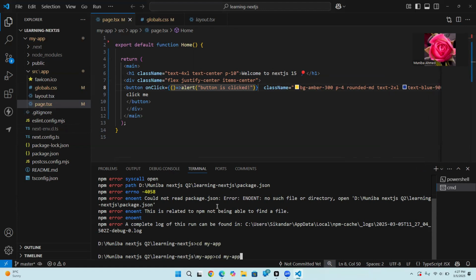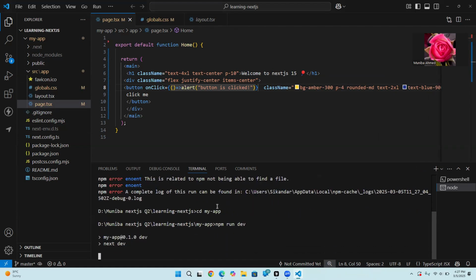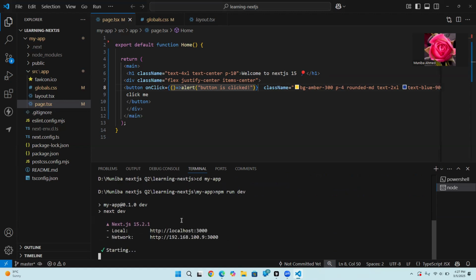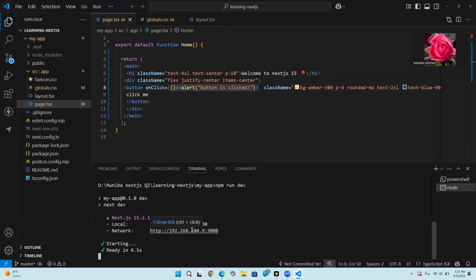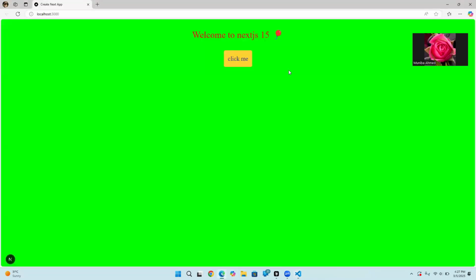Now we run the npm run dev command to run our application. It gives the link that we have to visit, http://localhost:3000. When we press Control plus click, it will open our application. Now when we click on the button,